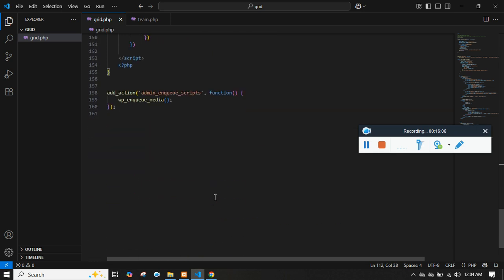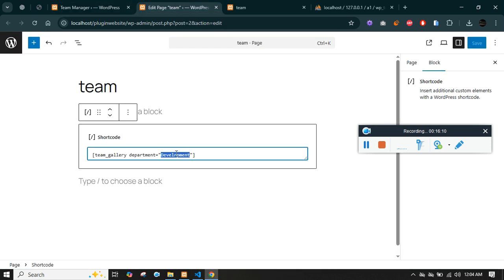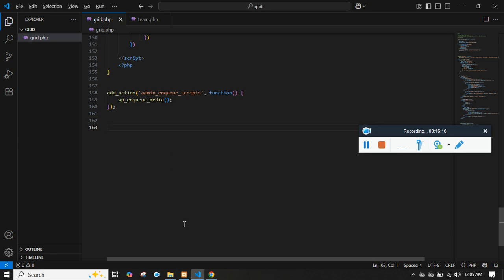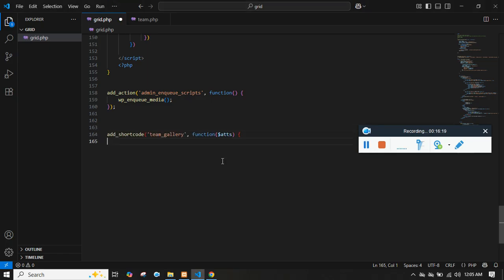Now we need to create a shortcode. When we create a shortcode, we are passing a value or an argument. In WordPress it's called ATTS, attributes. With the help of the add_shortcode function, you have created a shortcode which is team_gallery. Now with this ATTS you have access to the